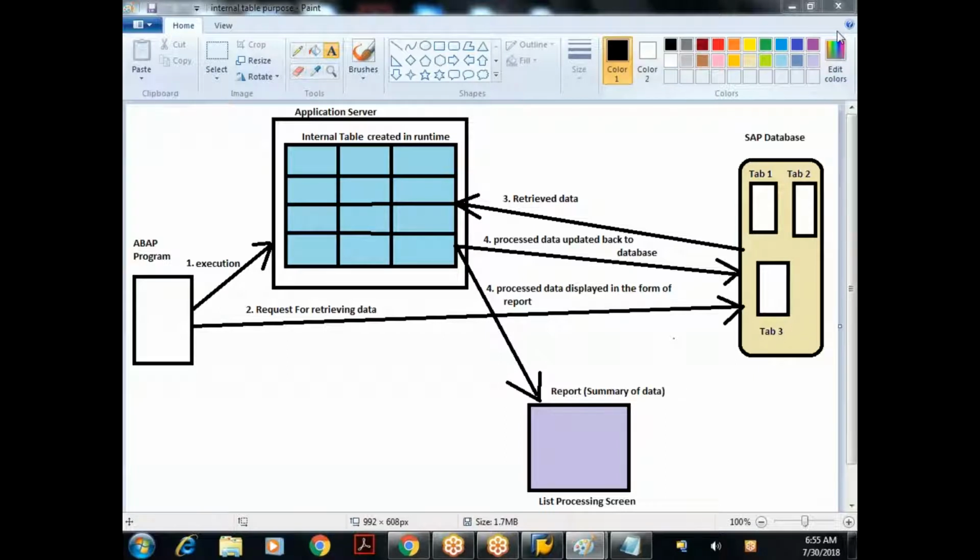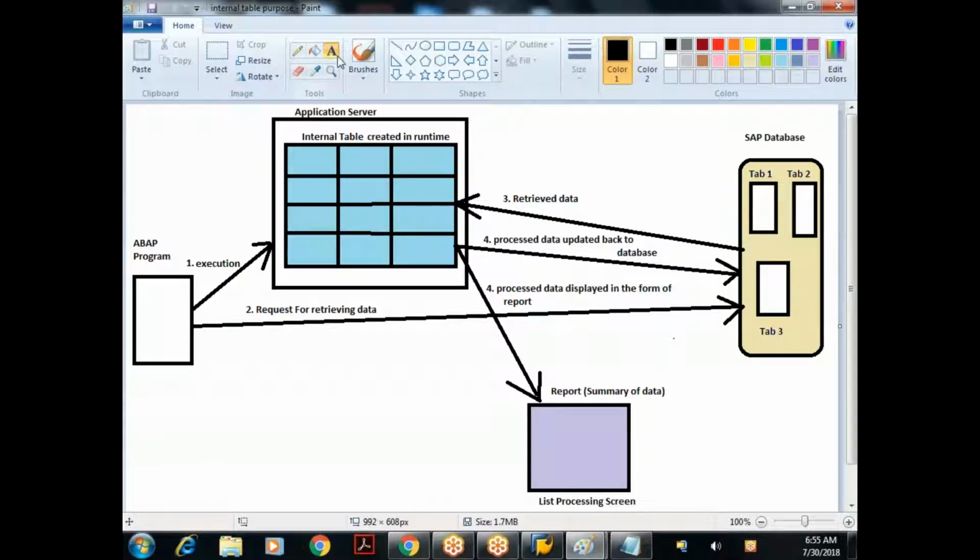Okay, so at this stage, we don't know how to interact with the database from ABAP. In the next 3-4 days we'll see how to interact with the database. Till then, I will create the internal table and fill its data manually.